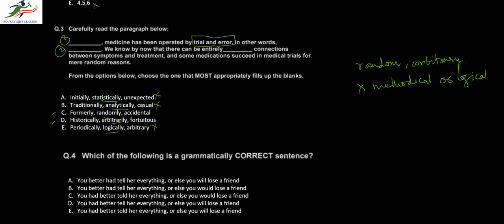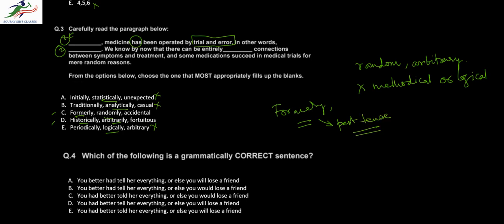And we see the first one now. C says formally and D says historically. So now if I say formally, medicine was operated. Formally something was done. It used to happen like that. So has is a present tense. And this formally means before. It used to happen before. So the tense that would be associated with formally would be a past tense.